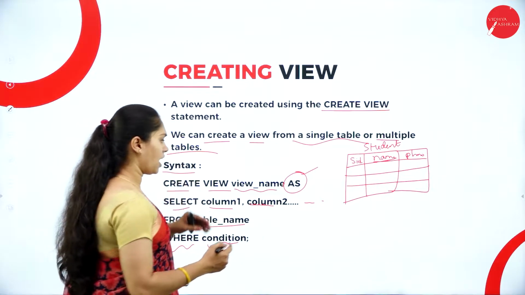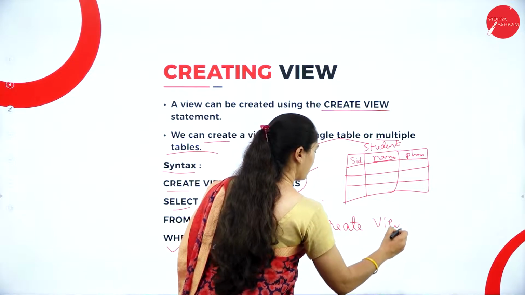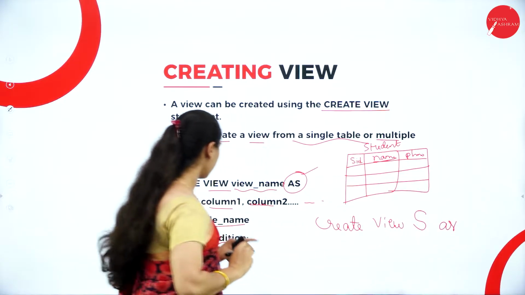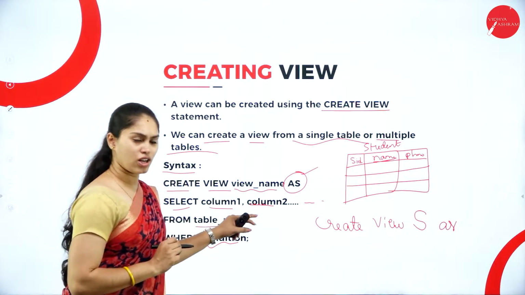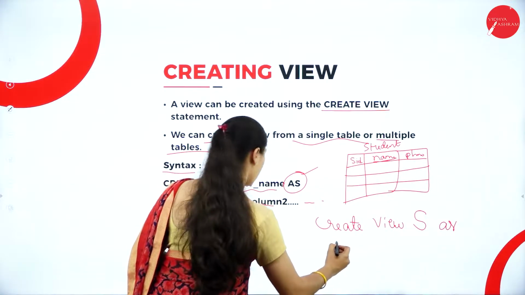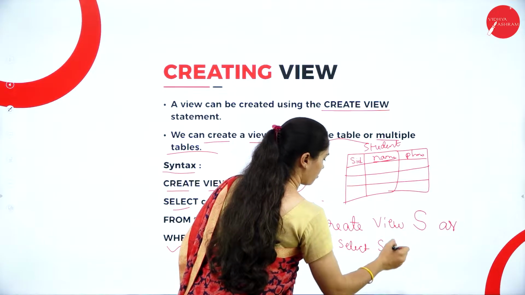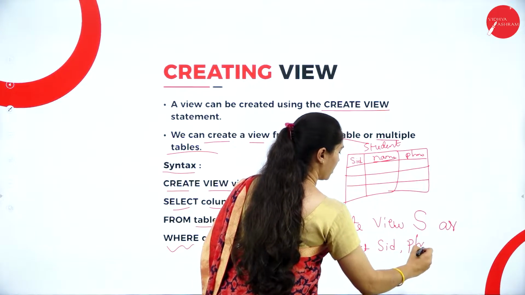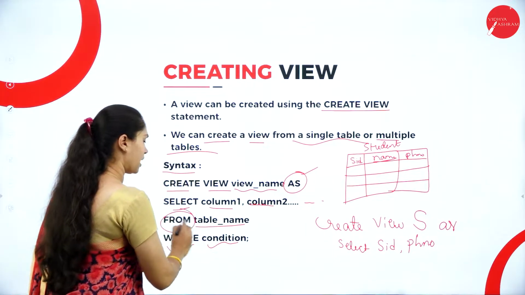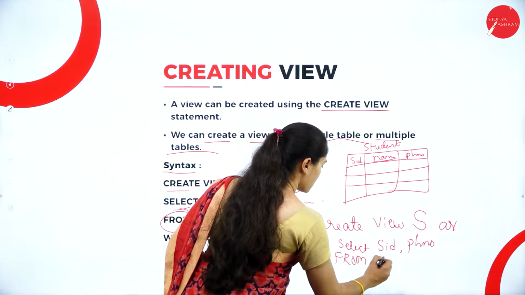You can see here, create view, and what is the name I wanted to give? That is S, as. After that, select column 1, column 2. I just wanted to take only student ID and phone number. So as select student ID, comma, what I wanted to select? Phone number. From where I wanted to take those 2 columns? From the table called student. So here from student,